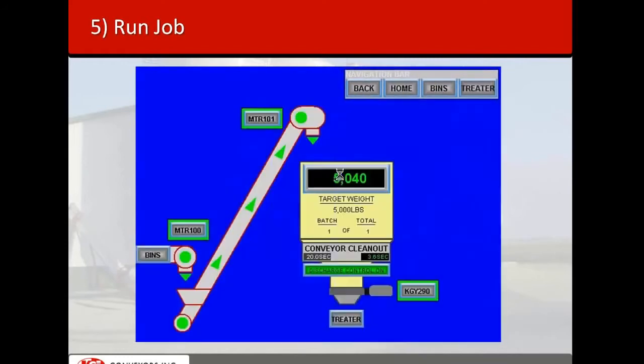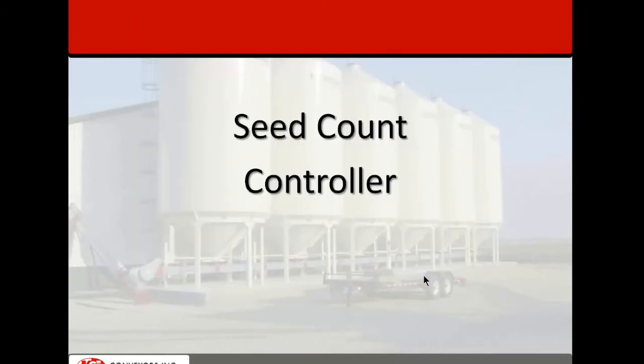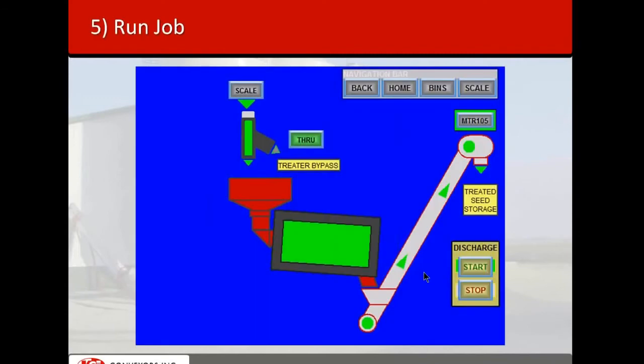The treater page shows the scale discharging through the treater. This green light indicates that the drum is running, and these green arrows indicate that our treater discharge conveyor is running. As you can see, we have pressed start on our discharge conveyors, and so this conveyor will run until we press stop. At the end of this run, when the scale returns back to 0, we can return to